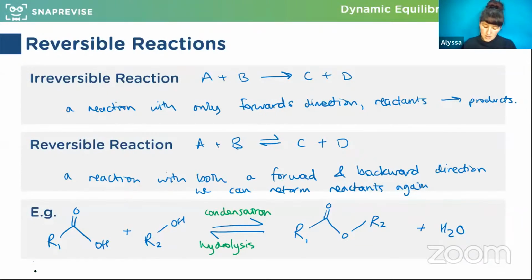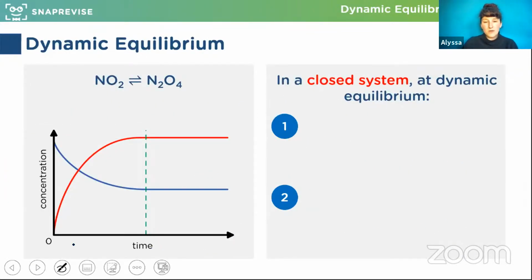Okie dokie. Okay, so you need to be well acquainted with these kind of graphs. You may be required to draw one in an exam, although you might not. So, for example, if we are taking the formation of N2O4 from NO2, if I were to assign the colours of the lines on here, the red and the blue, which one's which? Given the way that I've written the equation, which line shows the concentration of NO2 and which shows the concentration of N2O4?